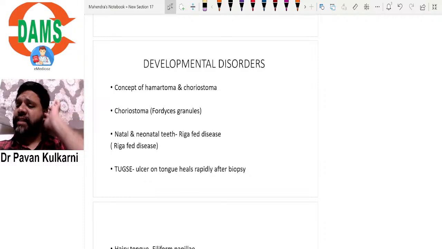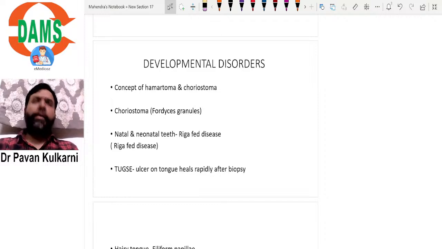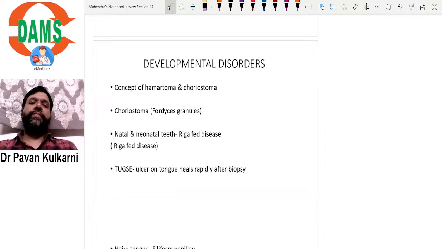Now, what is this exactly, this Riga-Fede disease? It is a part of one big group called TUGSE, traumatic ulcerative granuloma with stromal eosinophilia. Here, one important point I have emphasized: in TUGSE you will see an ulcer, and that ulcer will rapidly heal after biopsy. How to differentiate whether this is TUGSE or a malignant ulcer? You do an excisional biopsy, the TUGSE will heal completely. However, if it were a malignant ulcer, the ulcer will not heal